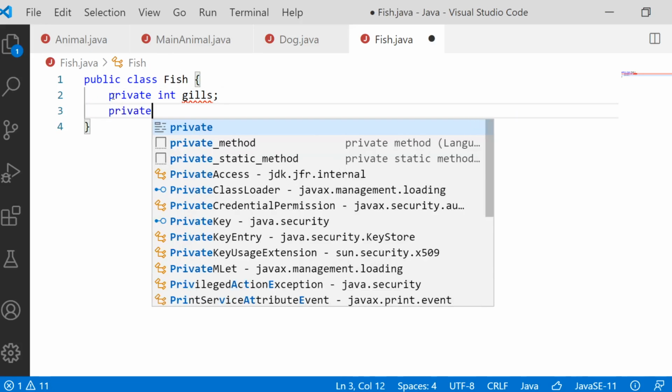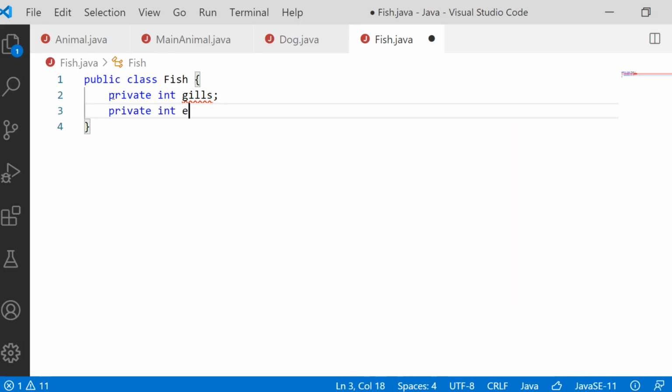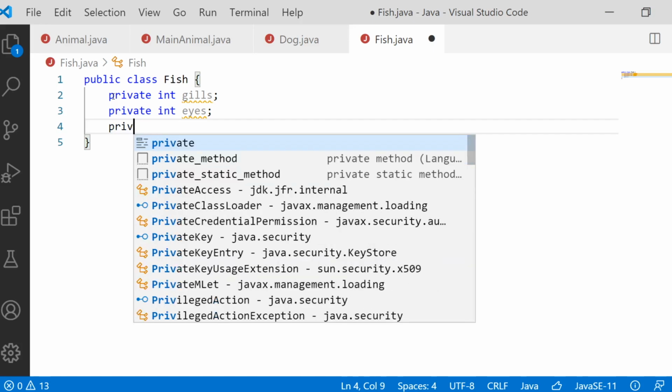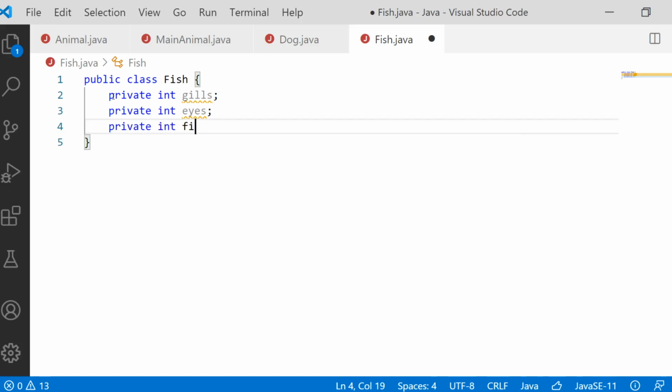Then private integer eyes. Then private integer fins. Using fins only, it will swim. By moving the fins backward, it will swim and move in the water. So these are the three attributes that we are going to consider for the class fish.